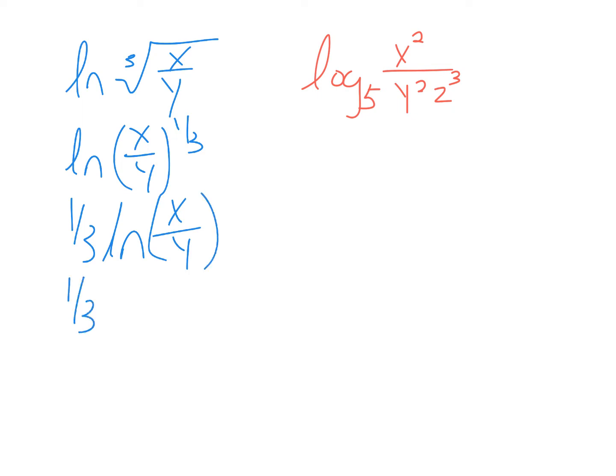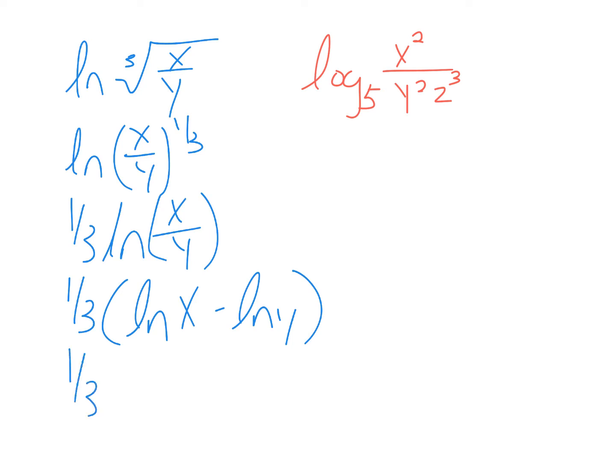So 1/3 parenthesis ln x minus ln y. It's division, so we do subtraction. You can write it like this, or if you want to distribute the 1/3, you can as well. It has to be one of these bottom two, okay? Because if you don't put parentheses in it, then the 1/3 is going to look like it's just with the ln x, but it's really with the y as well. So moving on,